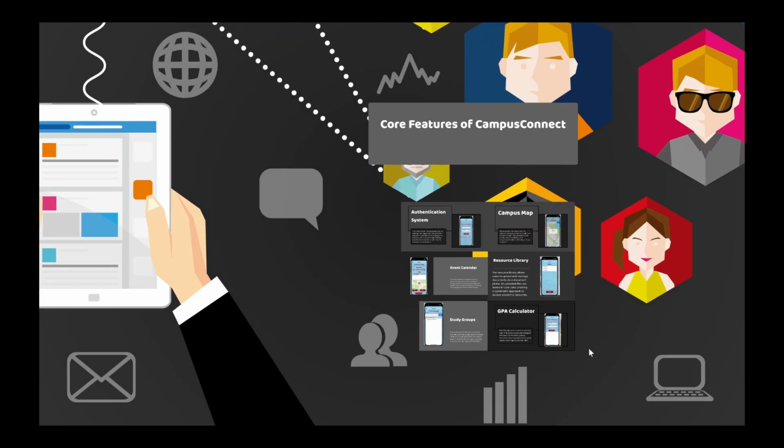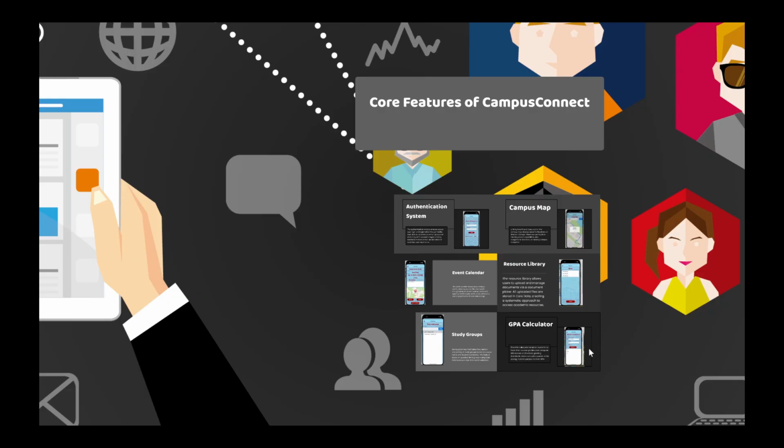Hi guys, my name is Mann Mehta and I'll give you the information on the core features of our CampusConnect. There are six core features: authentication system, campus map, event calendar, resource library, study groups, and GPA calculator. Let's move towards the first feature, which is